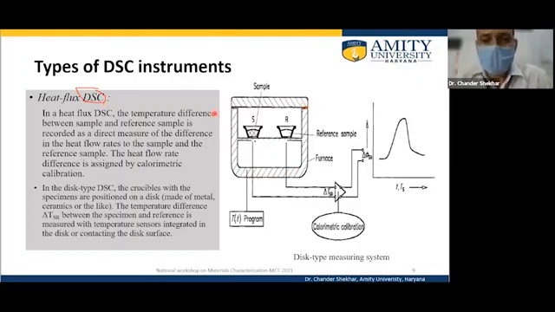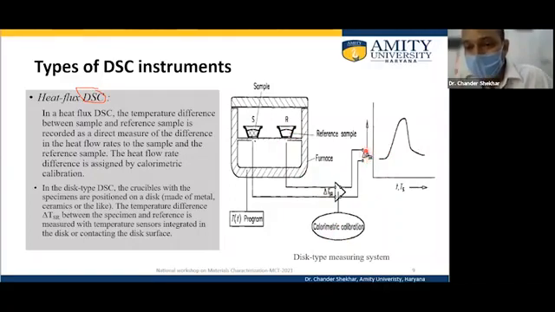So what happens in this? We have one single furnace. If you look at the image on the right hand side, there is a single furnace, both the sample as well as the reference are kept in the same furnace, the temperature of the furnace is programmed, and then delta T is measured, which after the calibration, the transfer function,